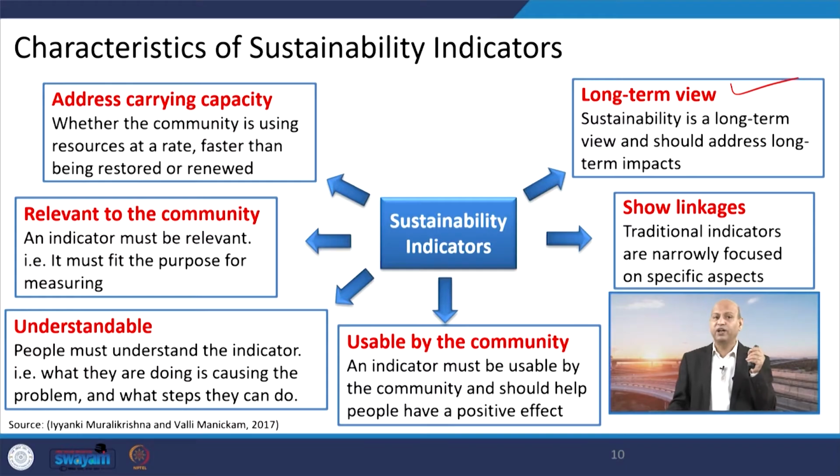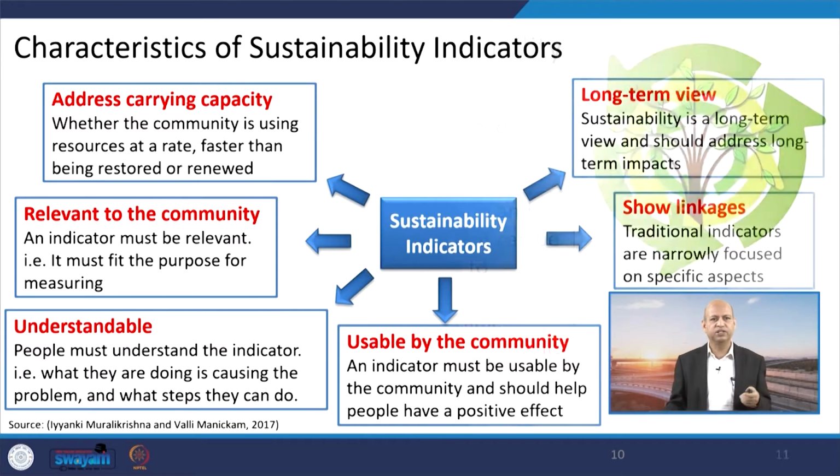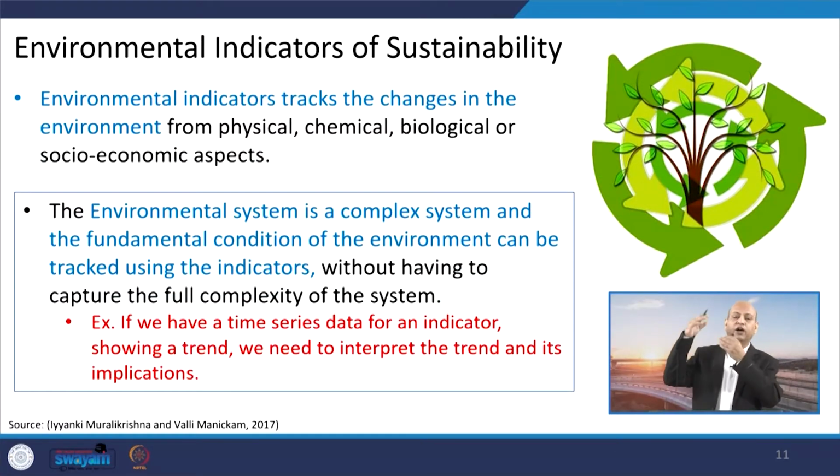It should also address the carrying capacity, like when we are using some resources at a particular rate, they should not deplete very fast. We should be addressing those aspects also. Otherwise, for example, take an urban air shed. We should not have so many emissions that air pollution levels become so high that the air quality exceeds the permissible limits. That is not good, that will be exceeding the carrying capacity.